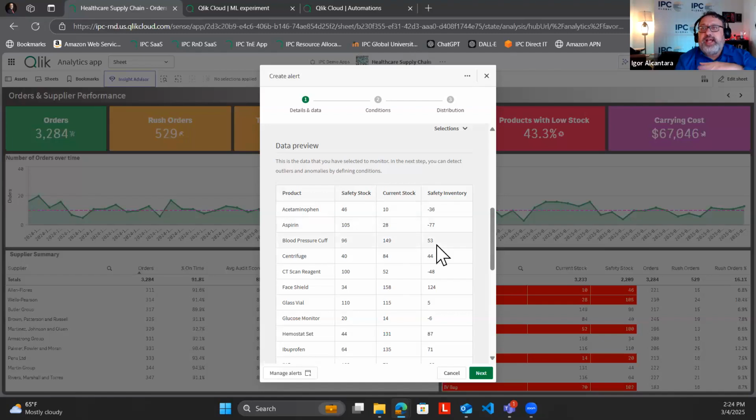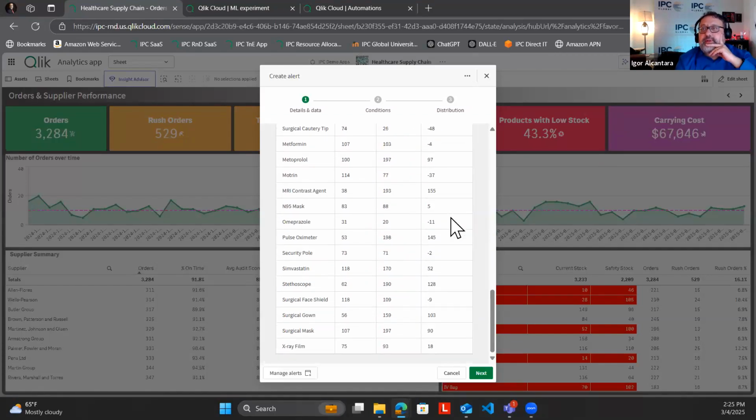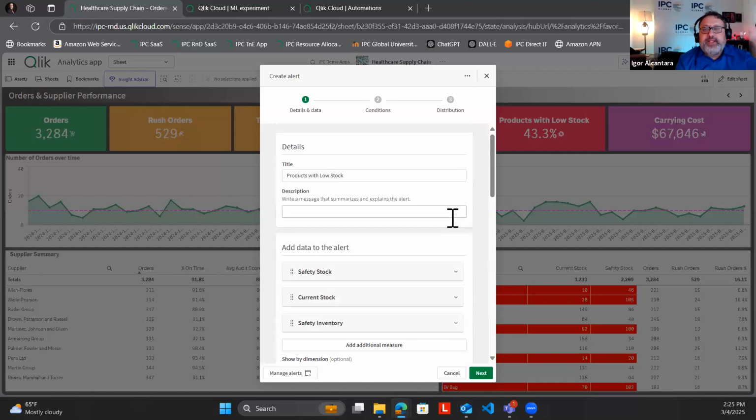So these are the products, and I don't have any filter yet. So it's basically showing all of the products: safety stock, current stock, and the difference. Great. But I don't want to receive this for all the products, only for the products that are below that